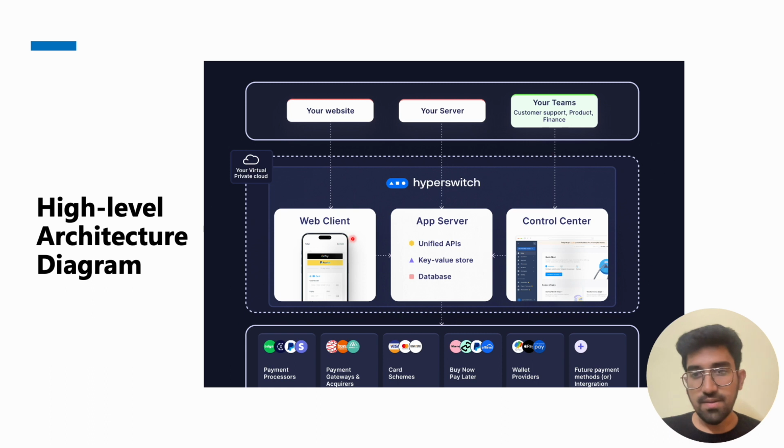First is the web client. The web client acts as the front end and renders the checkout page. You will have to basically integrate our web client in your website. Second is the app server. The app server has the core APIs for connecting with the processors and completing the transactions. Third is the control center, which helps you configure multiple processors, view payment analytics, and toggle additional configurations as per